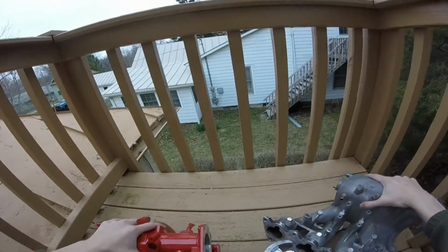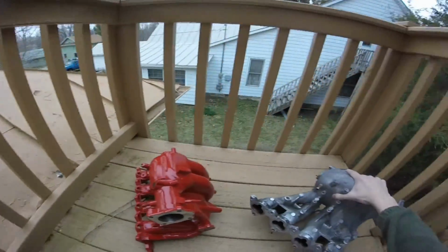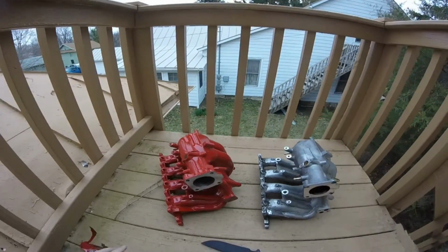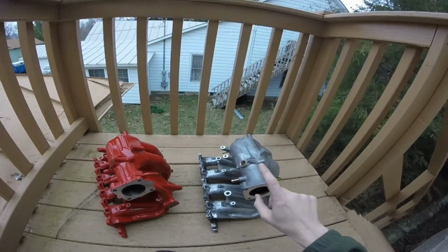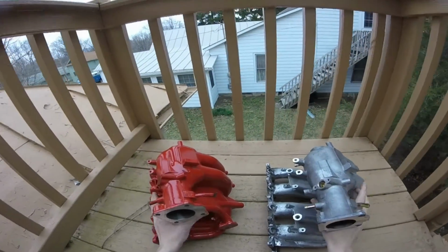What you do is you can send them your intake manifold off of your car if you can wait and you have a different vehicle, or you can just have them send you one, and then you can send them the one you pull off, or I just had an extra one that I'll be sending them. But you can see that the inlet,